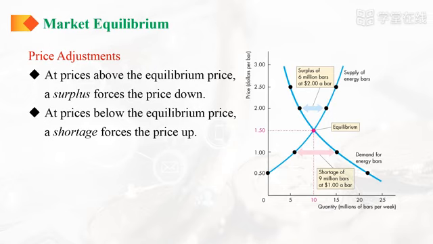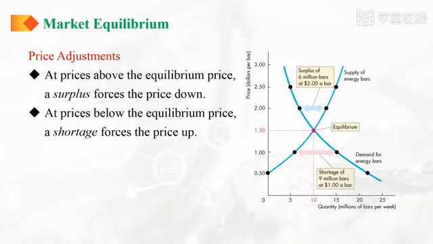Secondly, a surplus forces the price down. Suppose the price of an energy bar is $2. Producers plan to sell 30 million bars a week, and consumers plan to buy 7 million bars a week. Producers cannot force consumers to buy more than they plan, so the quantity that is actually bought is 7 million bars a week. In this situation, powerful forces operate to lower the price and move it towards the equilibrium price.